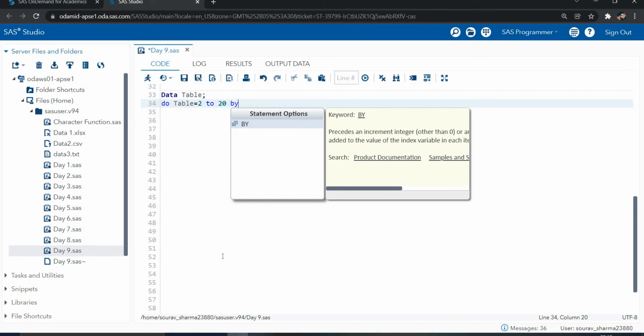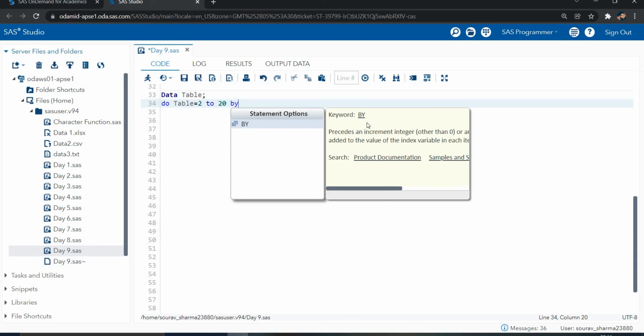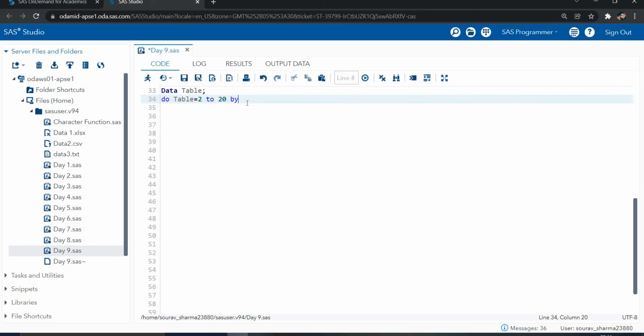And one more option we have here, the by statement. By is an incremental one. Let's suppose you want to increment in the integer. By default it will be 1 if you are not writing the by statement, but if you write the by statement, then I'm giving 2. Because I'm writing the 2 table here, I'm giving the reference by 2.